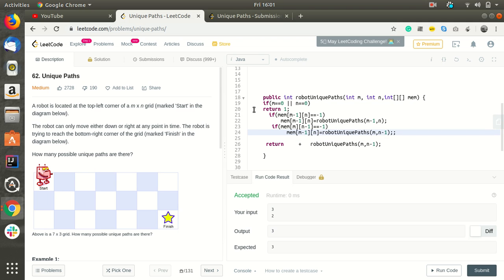If memory is already calculated at some point, because this function was called with the same value, then this memory will have that value, so it will not calculate. Since it is equal to -1, it means it was not calculated earlier, as its value could have changed. So like this, we'll again change it